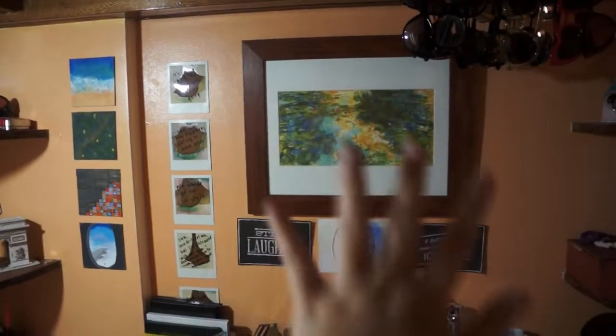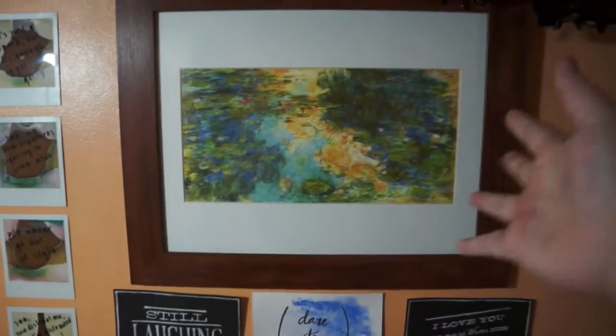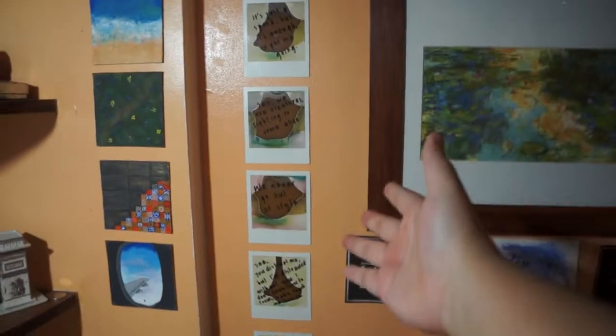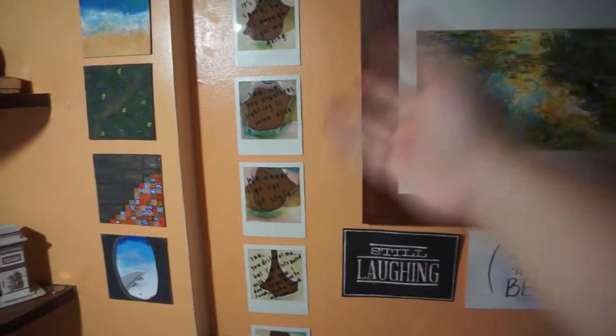And then this is just a compilation of stuff. This is a painting by Monet, my favorite artist. These are old expired Polaroids na I decided to write on with lyrics para hindi sayang. And yeah,